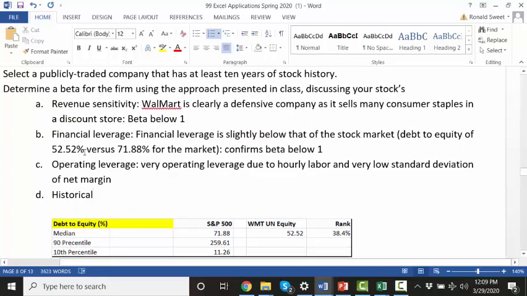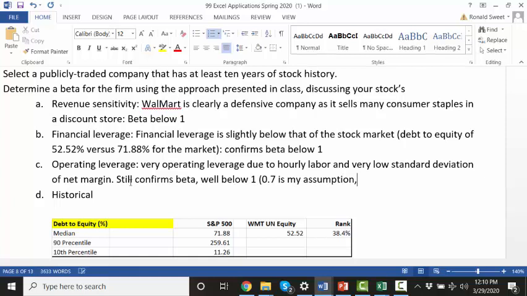All right, so we've talked about revenue sensitivity. We're below 1. Financial leverage, still below 1. Net margin, still confirms. Beta, and here we're going to say well below 1. Here's where I'm going to guess. I'm going to say 0.7 is my assumption, but let's look at history. See if this history confirmed that a 0.7 beta for Walmart makes sense. So here, what you do here